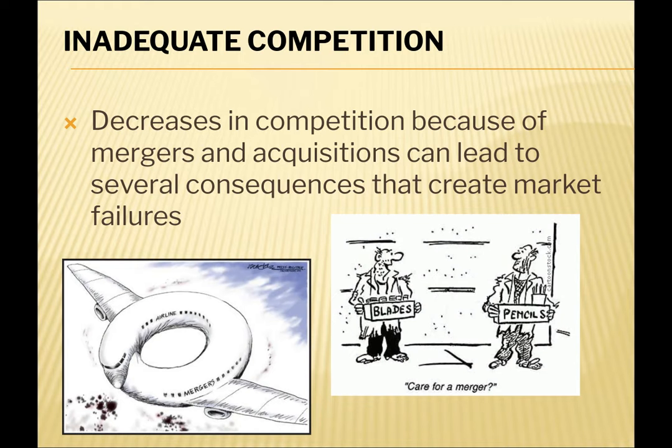So the airlines, that's a big one where a lot of these smaller airlines might merge with these bigger ones. And then if the big ones want to merge together, I can't remember exactly which ones, but I feel like it was like American and United maybe wanted to merge together and the government said no. And it's just like even when AT&T became too big, the government said, you know what, we're going to break you up. You guys are way too big. You're monopoly status. So we need to protect the consumers. And that's considered inadequate competition.